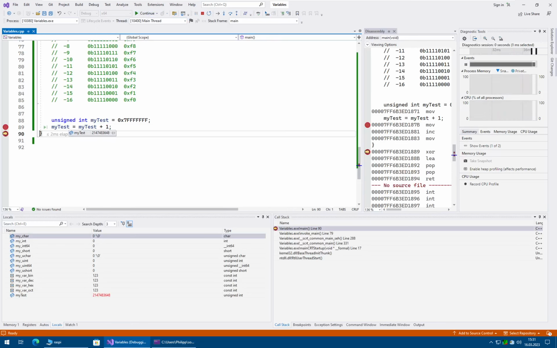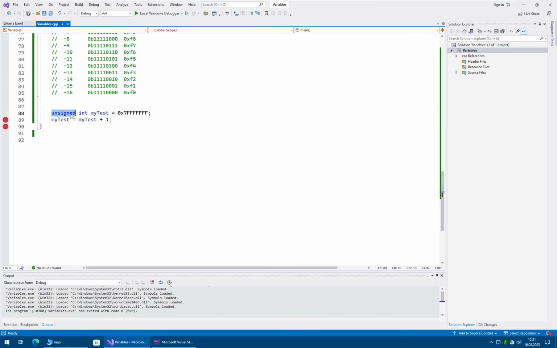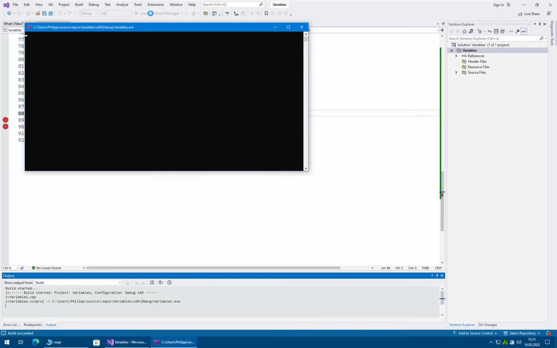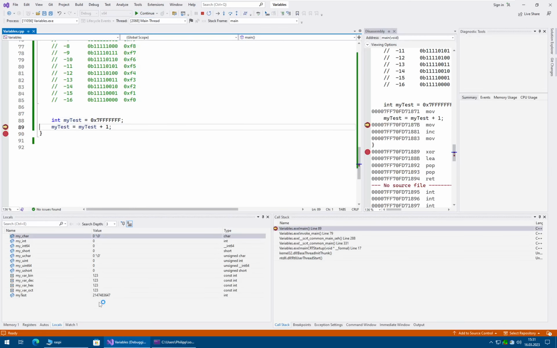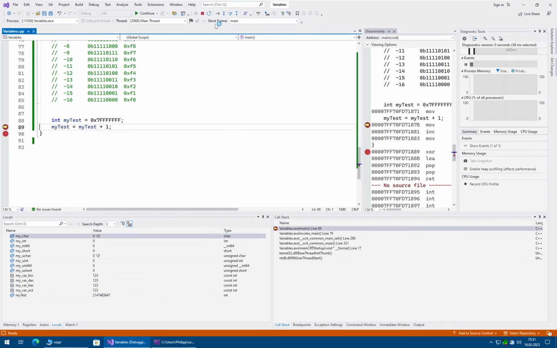Sorry, it was unsigned int. Let's first start with signed integer and then go with unsigned. Okay, so again we have the value, and then when we add 1 to it, it jumps to a huge negative value, because what basically happens is that the number now in hexadecimal representation,